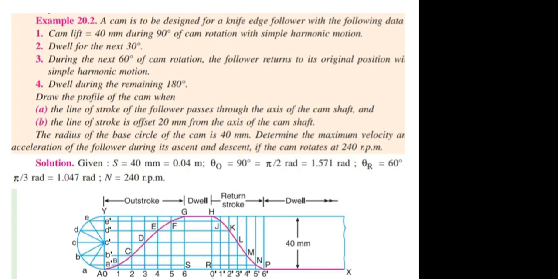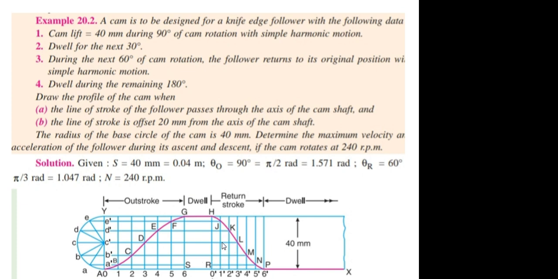So it is 6 plus 2, 8 plus 4, 12 centimeter. Here there is no need to show this second dwell of 12 centimeter. You can show that dwell by a broken line. So this is the displacement diagram.